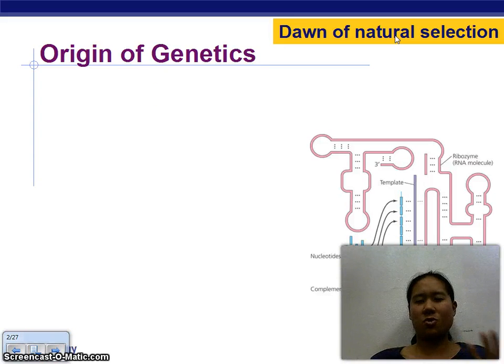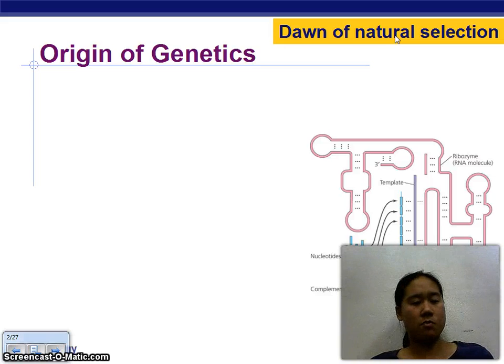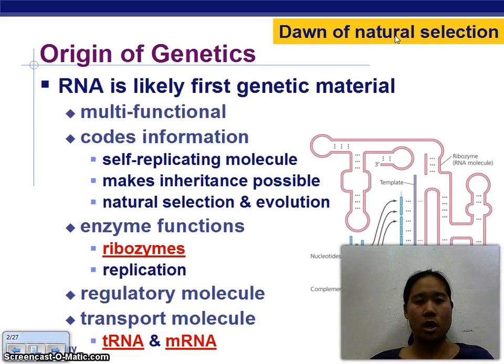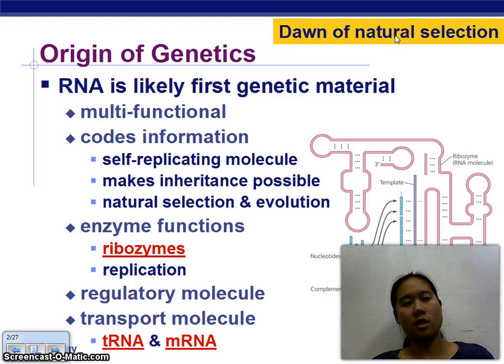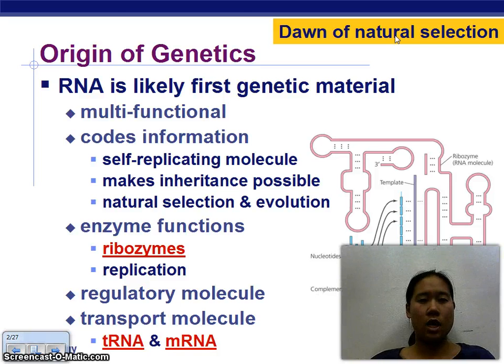So we've got sort of a cell with a cell membrane. We've got some basic molecules, but how do we get genetics? How do we get natural selection? And that started with RNA. The difference between RNA and DNA is that RNA is a lot simpler. It's a simple single-strand molecule. And from there, they were thinking, okay, well, maybe RNA was the first molecule, and from there we were able to get DNA. You might recall from the past that RNA has multiple functions, especially in the central dogma, for tRNA and mRNA.